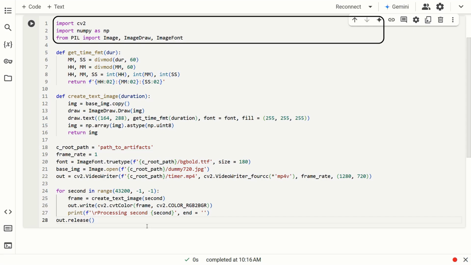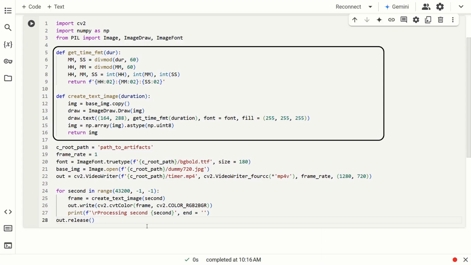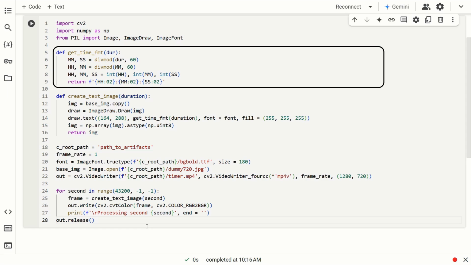the environment. We use two functions here to make the code maintainable. Functions are a good way to make the code reusable and modular. Any production standard code will make use of functions, or classes, for modularization. It is a very good practice. getTimeFormat is the function we use to format the seconds into hours, minutes, and seconds format. The output of this function would be a string in HHMMSS format.